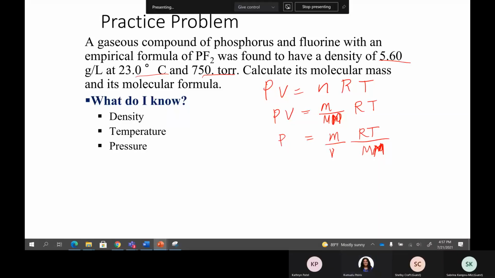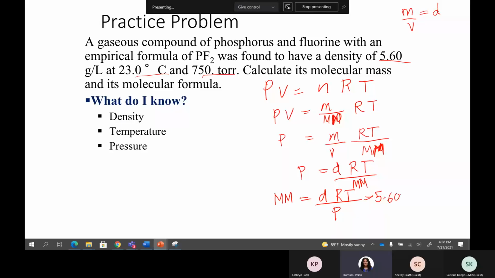Right, M over V. What is M over V? Mass over volume. That is the density. Very good. So density times RT divided by the MM, molecular mass, and pressure. Okay, now you rearrange this because you are going to find the molecular mass. dRT over P. Do we know the D? Yes, we are given that, 5.60 grams per liter